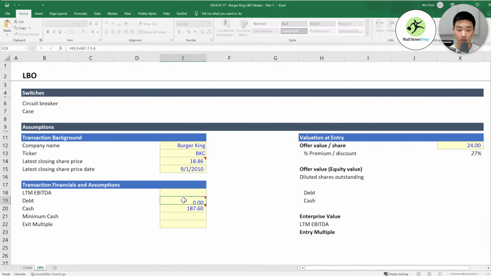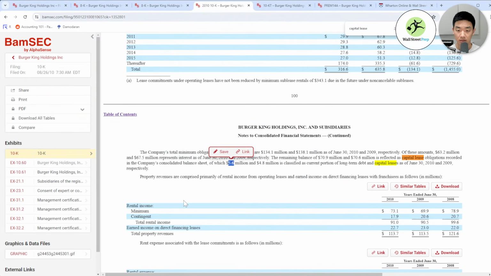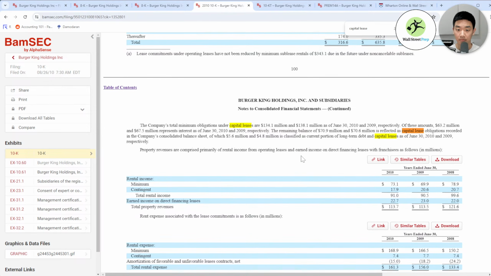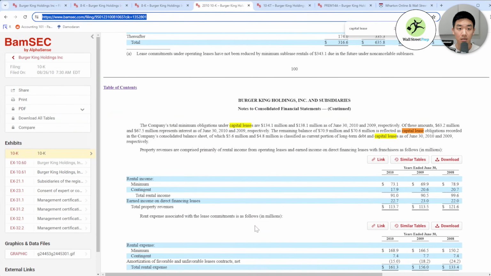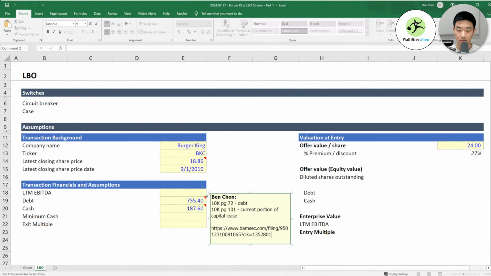Okay, so we're going to take this out and then add another note. So 10K for the debt, and then 10K page 101. This is for current portion of capital leases. And you can make this a little bigger. I always just add the link, because as an analyst, the associate is always going to check over your work, right?